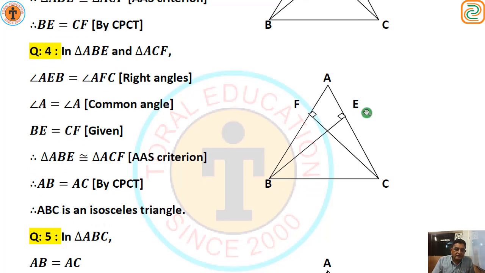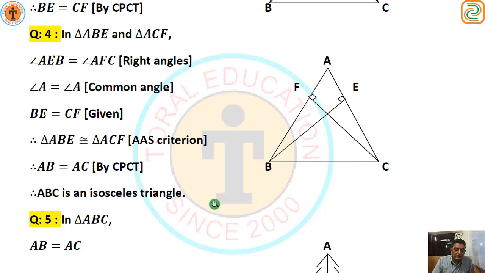And we can say if two sides are equal, then triangle ABC is an isosceles triangle. Question number 5 says